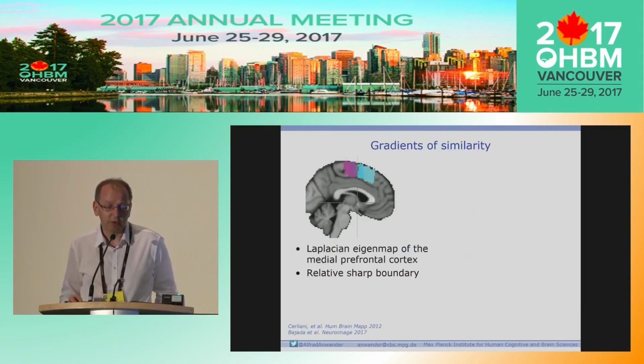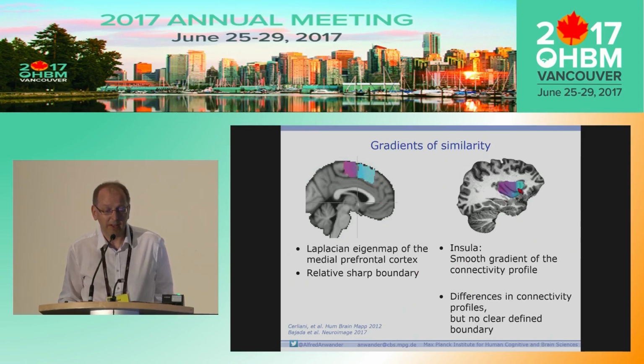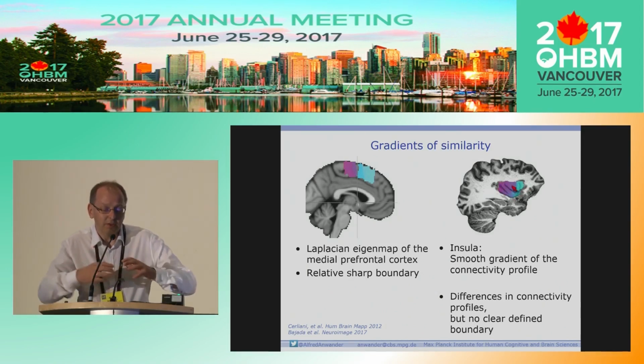This was first pointed out by Leonardo Ciarellani and later also by Claude Bajada: somehow the connectivity profile changes from one area to the other for certain areas, but for others it might be more of a gradient. This color still looks like two categories, but actually it's more or less a smooth gradient, which changes from one typical connectivity profile to another without showing a clear, sharp boundary. So the connectivity profile here is different from this here, but it's not in two parcels, it just changes